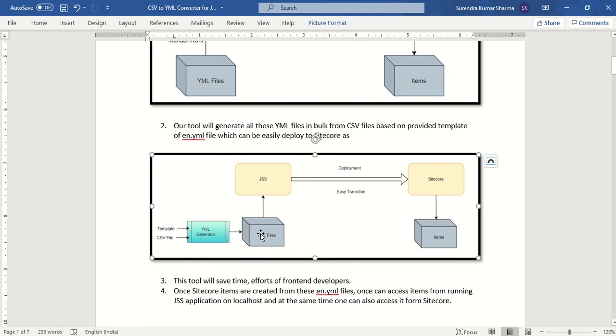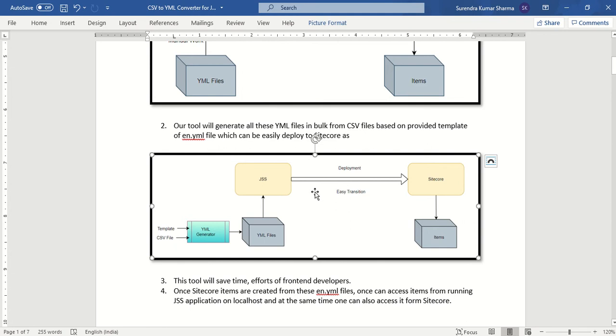The tool will create the YML files, and once they are created, our JSS developer, whether Angular or React, can test their pages locally in disconnected mode, or they can deploy it to Sitecore, where it will be converted into items. This tool will save a lot of time and effort of our front end developers.